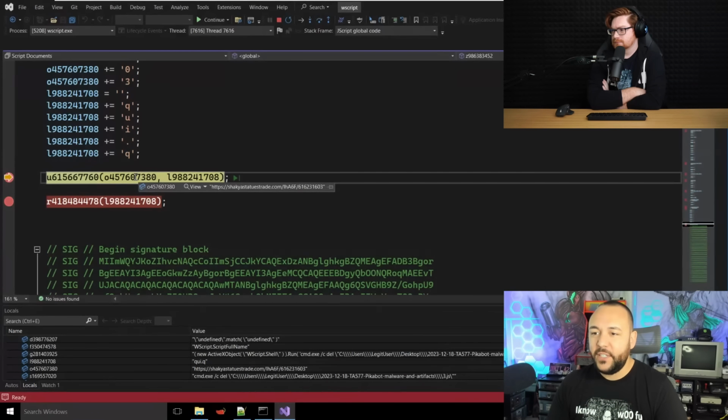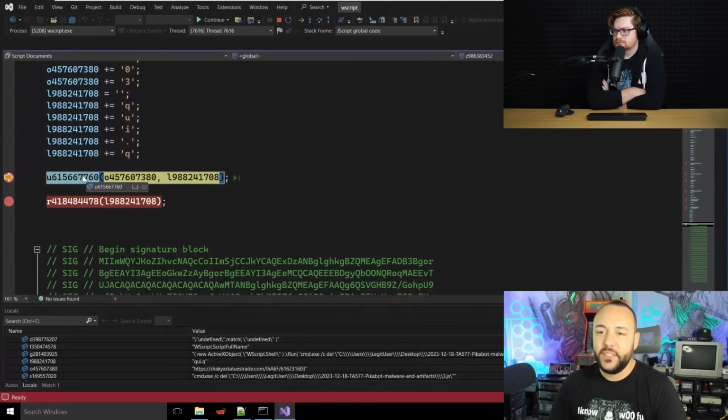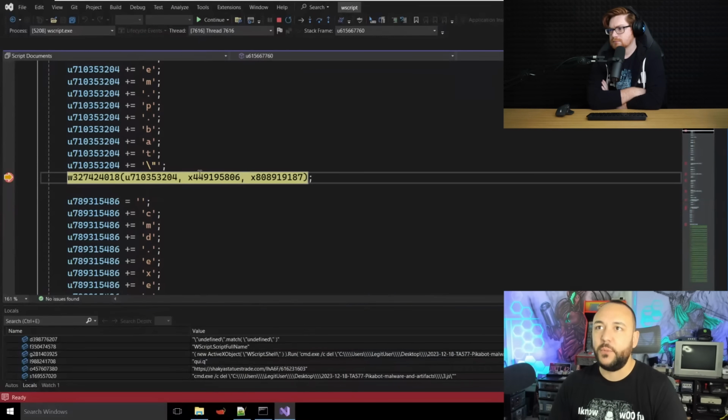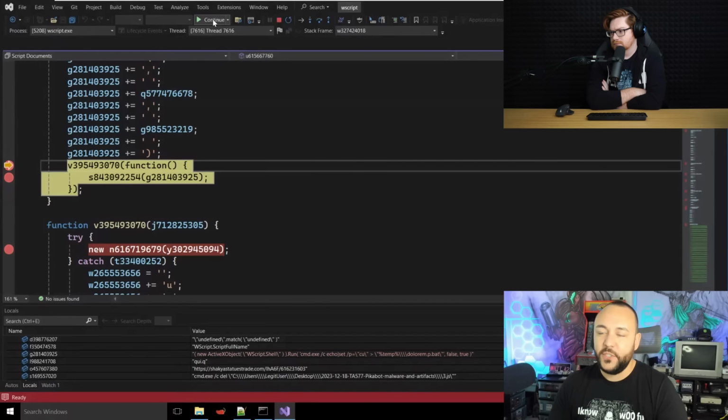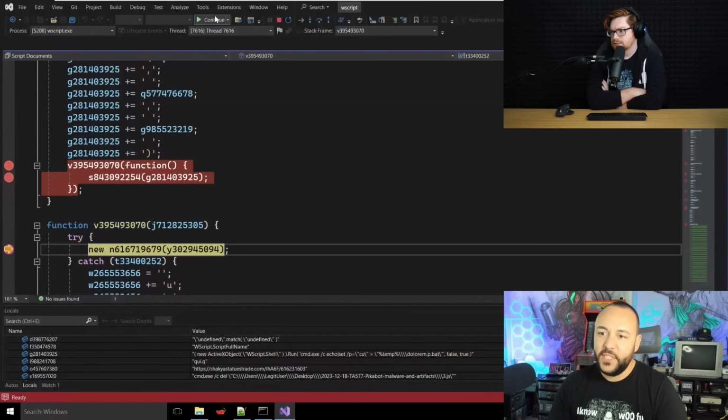The next call here is going to take the URL, and it's going to take the QUI.q, which is the name that it wants the file to be written to, and it's going to pass it to this function, which I would just call the downloader. This is what's going to perform the actual download. So we continue past that, and then you'll see here's another command it has strung those variables together. This is going to add the CU to the bat file. It's going to use a hidden window, and then it's going to wait for it to finish. So we just continue on past it.